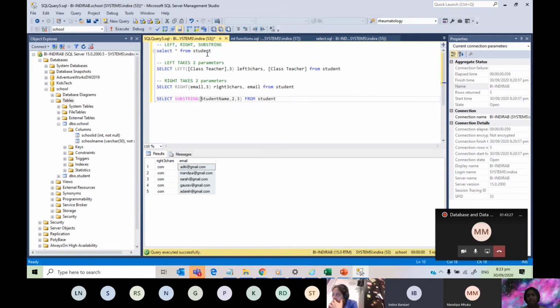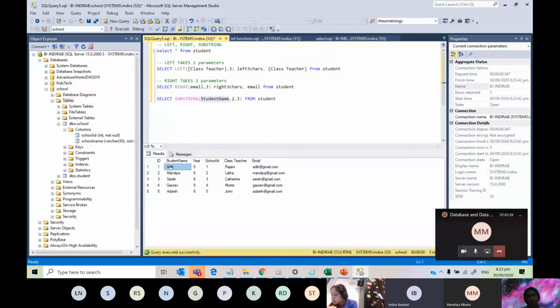So for example, I'm just going to go here and run this. From the student name, what I'm trying to say is, start at the second character position. So for Aditi, what is the second character?